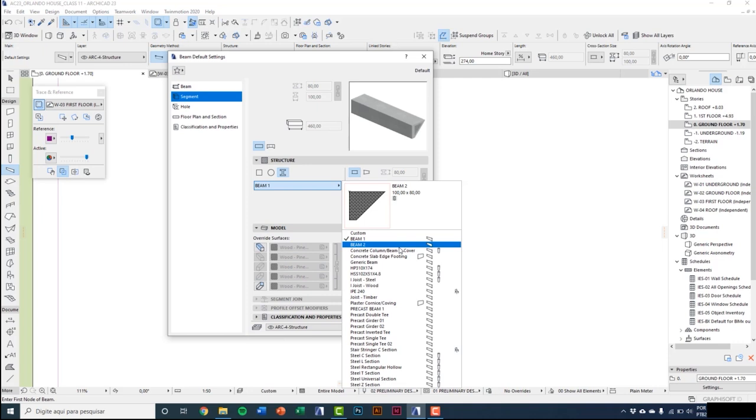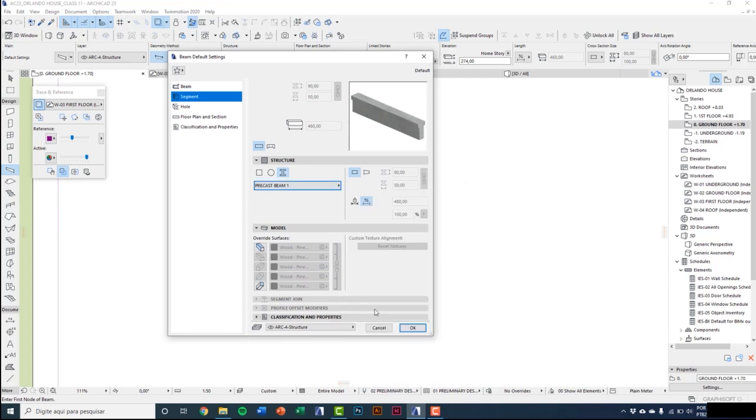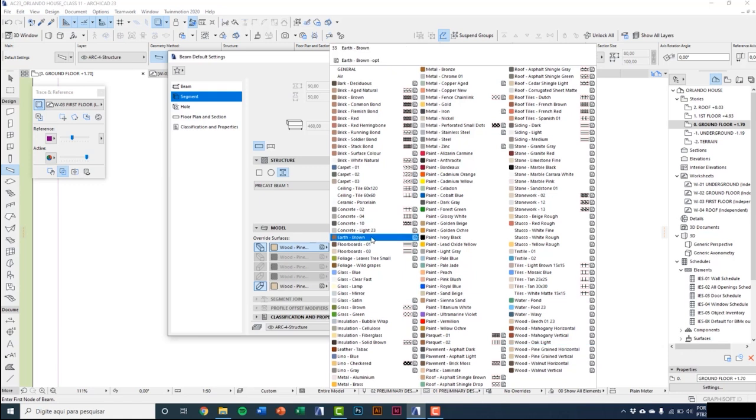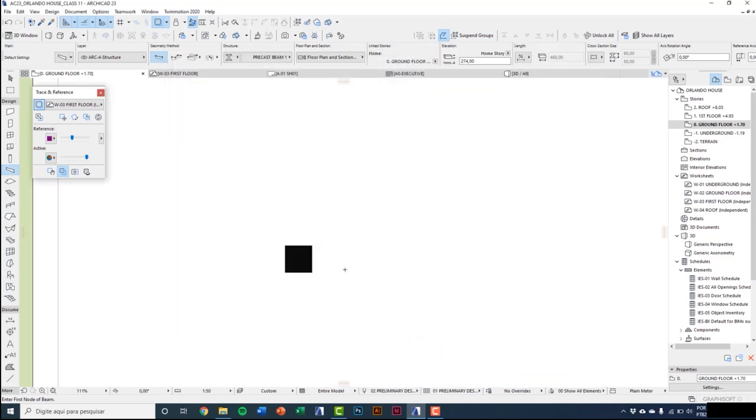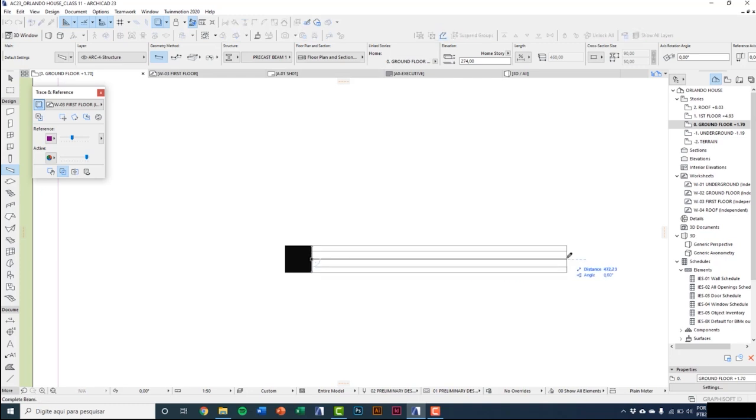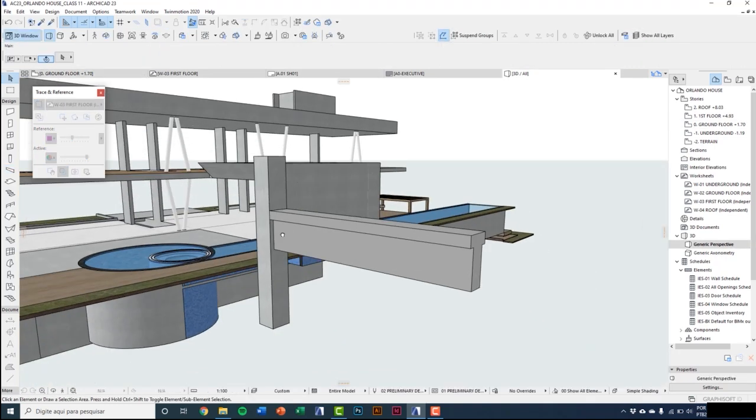I will select the precast bin 1, override surfaces. I'll put light gray just to have a contrast between them. So here I have paint, light gray. Okay, I'll draw the bin, and on 3D I can make